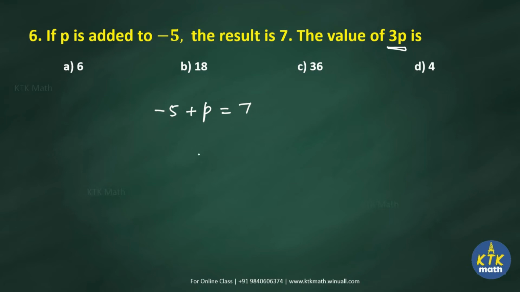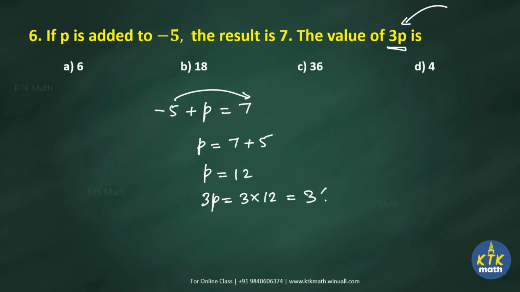So solve this one. P gives you 7 plus 5. So whatever comes along with the p, you just transfer it to the right hand side. Minus 5 becomes plus 5. So p value is 12. But you check, 12 is not there in your options. Why? Because the question they are asking is 3 times p. So 3 times p means you need to multiply this answer by 3, which will give you 36